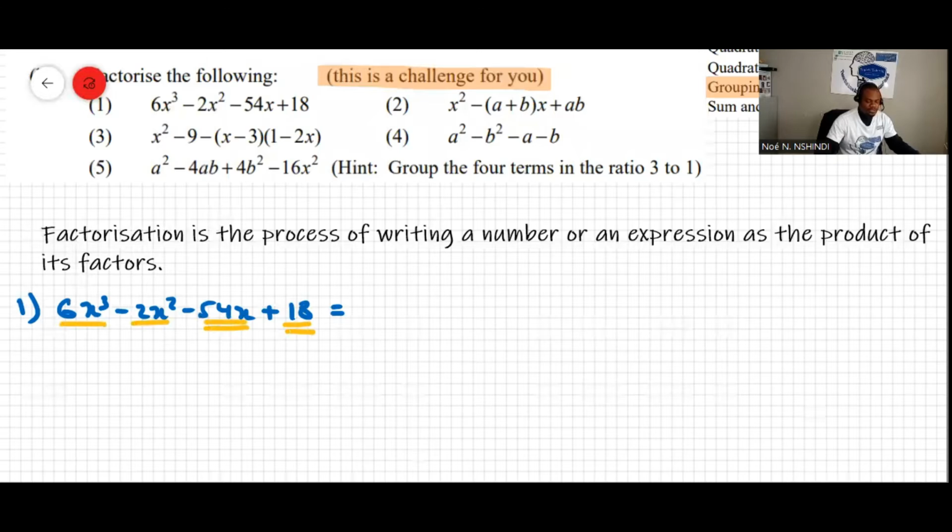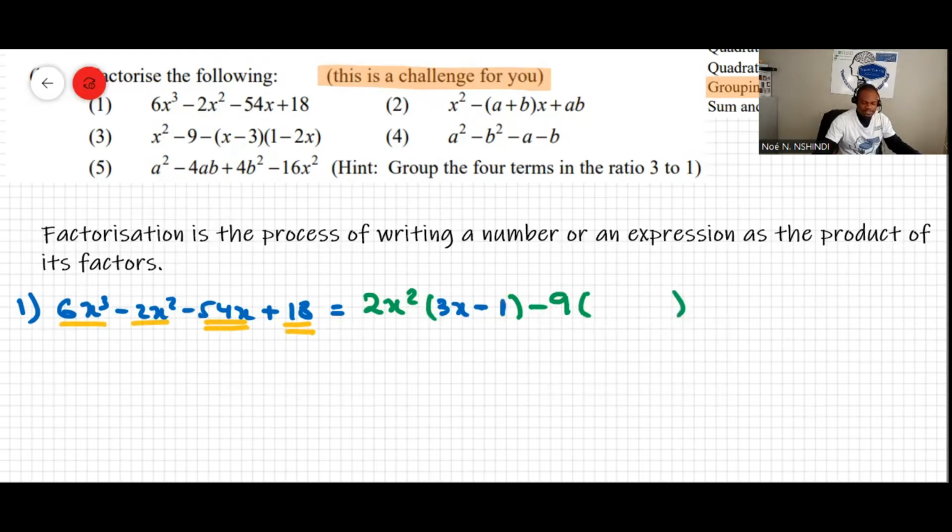For the first two, I can take 2x squared as the common factor because it is the highest common factor there. And for the last two, I'll take -9 as the common factor, because it is the highest common factor. There are many factors there. 2 is a factor, 3 is also a factor, 6 is, but the highest common factor for 54 and 18 is 9. Now, if I take 2x squared as a common factor there, I'm left with 3x minus 1. Okay. Over here, if I take 9 as the common factor,